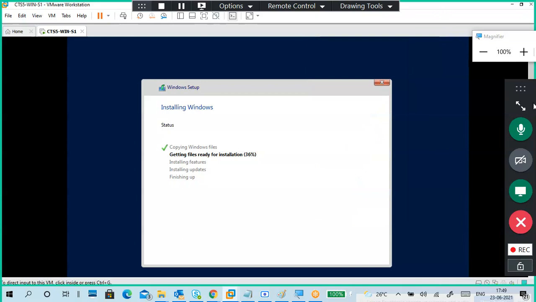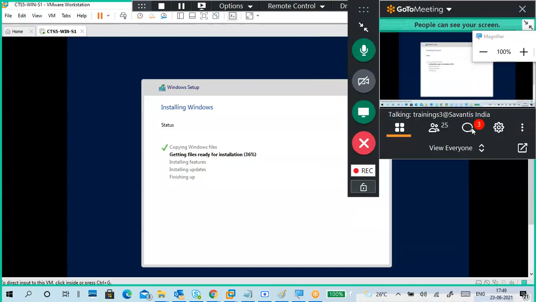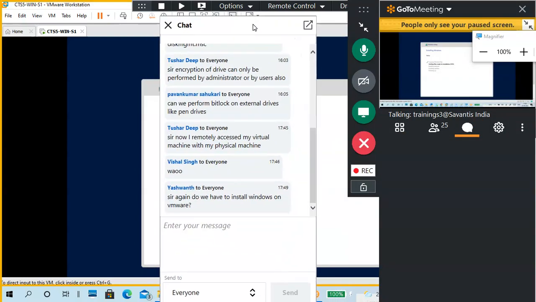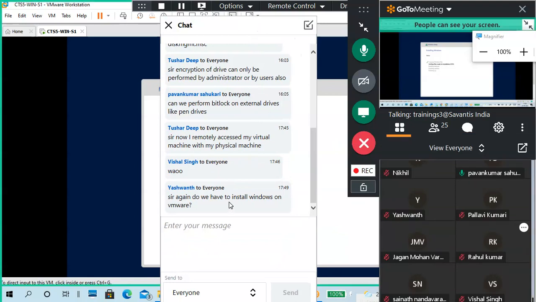Some people are putting questions, but I'm not checking that chat box. So Tushar said, I remotely accessed my virtual machine with physical. Very good. Yeah, you can access things maybe, but how do you access the total environment?